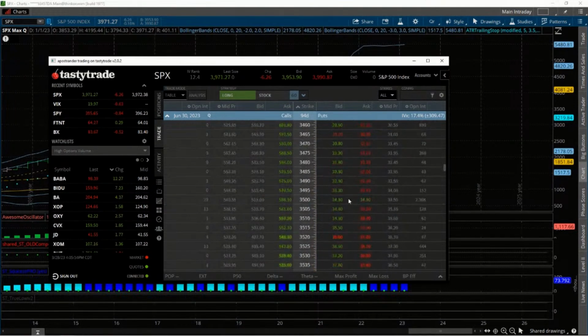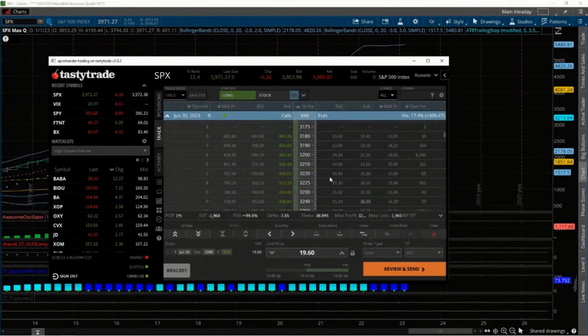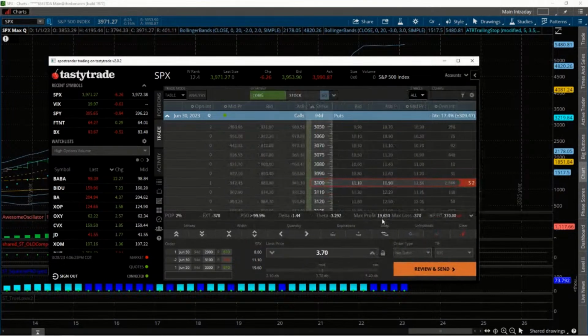So another example of that would be, now I personally would like to keep it as a debit broken wing butterfly, but let's say you just want to do something like a standard, right? So you could do 3,300 and make it really wide, do 3,100. Excuse me, guys. And then go down here and do 2,900 and do like a standard butterfly that's 200 points in width on both sides. That's about a 370 cost basis. Your max profit potential,